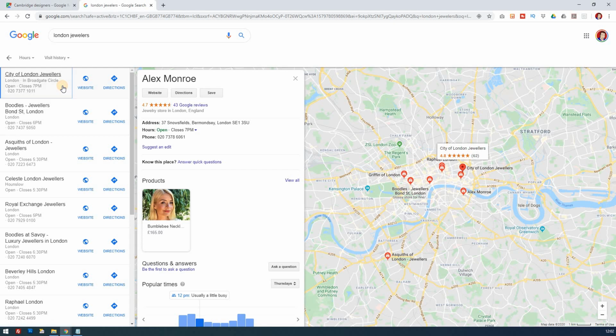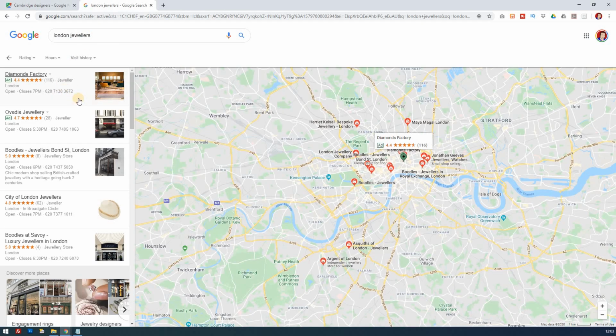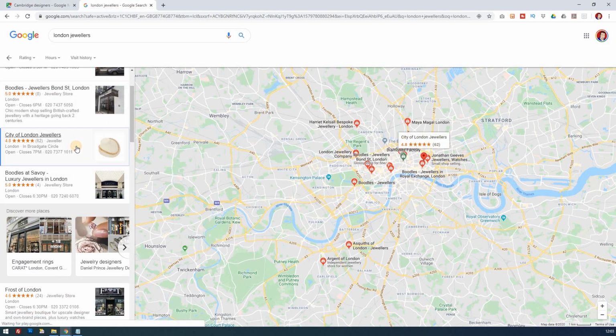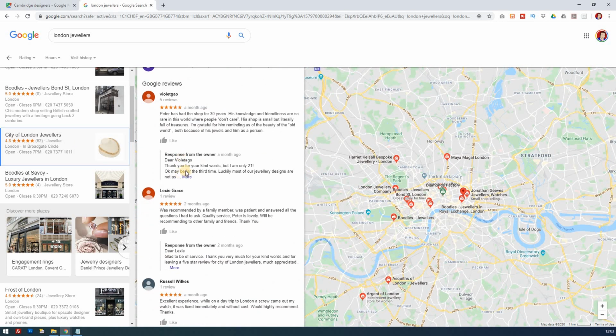Let's just go to the very top one then. How's this top? What are they doing? They've got 62 reviews, 4.8, which is considered very realistic. This is number one because of London Jewellers. So actually, am I spelling jewellers wrong? It's a double L, isn't it? There you go, I can't spell. Let's put that in and see if that makes any difference. Now, okay, there you go. So that was totally me. Now it comes up with all the adverts and so on, and we see, yeah, that makes more sense. Good. And again, they're responding, so that's good.